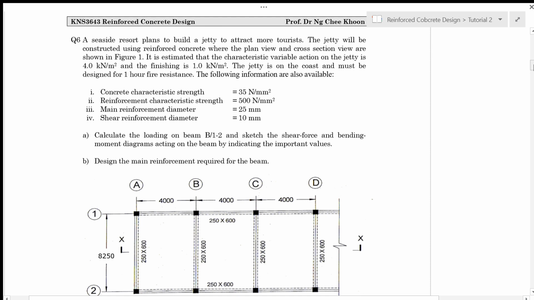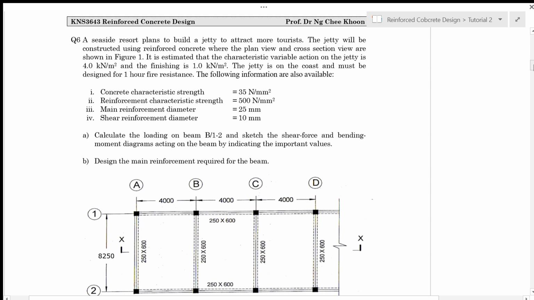In this video, I'm going to give you a tutorial solution on question 6 of tutorial 2. For question 6, a seaside resort plans to build a jetty to attract more tourists. The jetty will be constructed using reinforced concrete where the plan view and cross-section view are shown in the figure